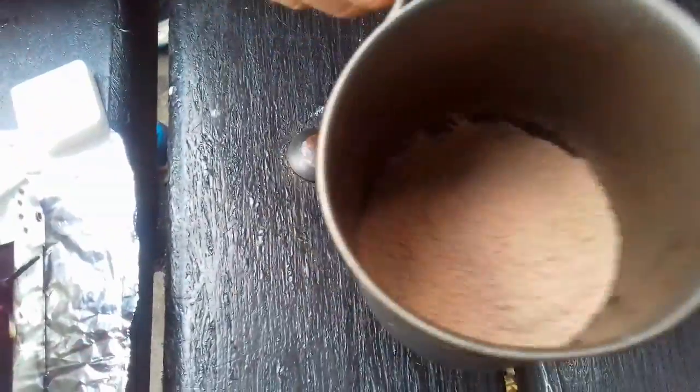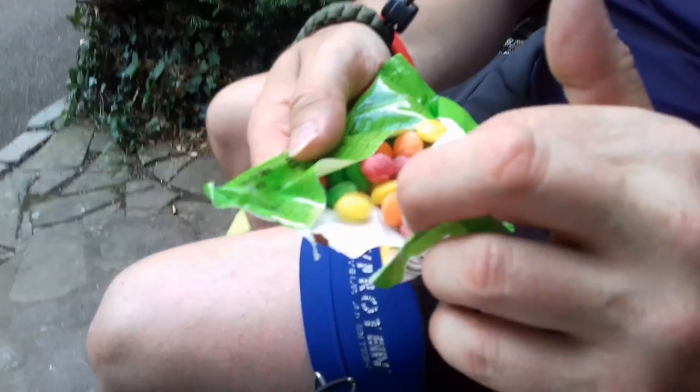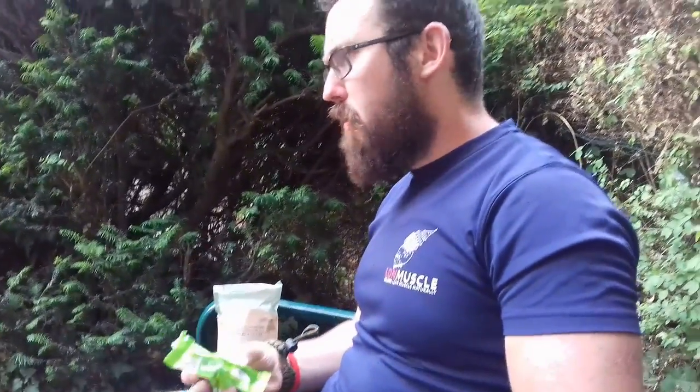There we go. Let's try some of the Skittles. Little bit of blooming on them. You can see that, they've got like a white coating on them. Oh, it could be, let's have a try anyway. No, it could be the sour coating on them. They're really nice. Very, very tangy. Are they? Cool. Okay, while we're waiting for the main and our hot drink to be ready, let's try out